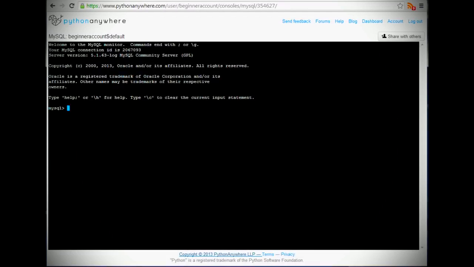Where we left off, we actually made the database. Now let's go ahead and make a table, give the parameters of that table, and then even maybe insert some data into that table. So the first thing that we want to go ahead and do is